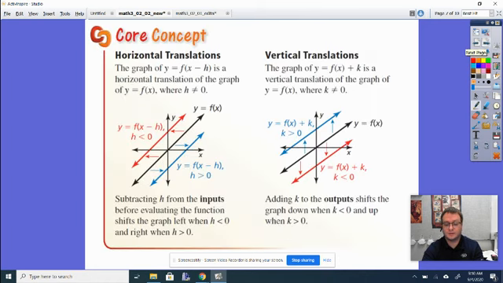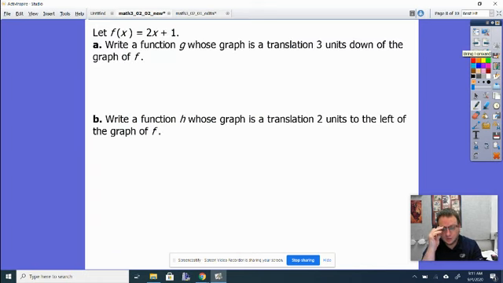Okay, and then again, this just shows the same thing. And the reason is, again, because of those inputs and outputs. Inputs do the opposite of what makes sense because it's inside the function. Outputs are outside the original function, and they do what makes sense. So let's look at at least one of these, probably both of them real quick. So I'm going to start off with 2x